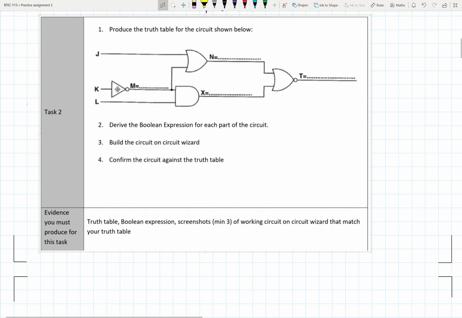Okay, so we've got K going into this. This is a NOT gate, so the output M there then is going to be NOT K. That K then feeds into this OR gate here. So the output N from the OR gate then is going to be NOT K or J. We've got an AND gate here that's got NOT K going into it. So NOT K and L. And then finally we're putting it all together for T. So NOT K or J,